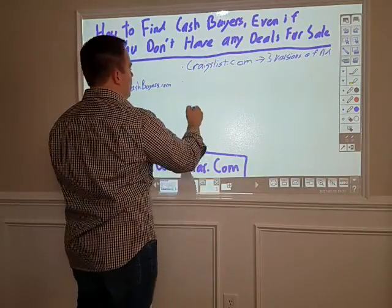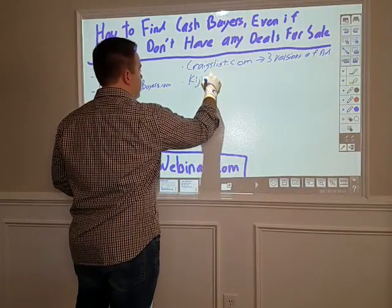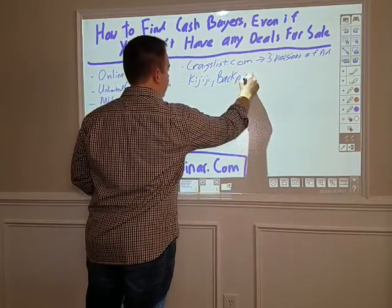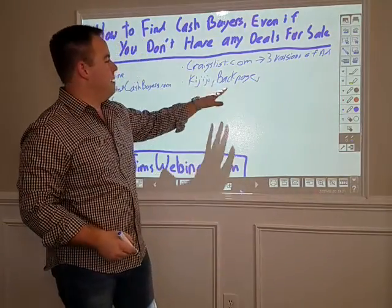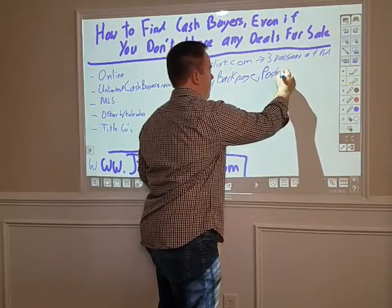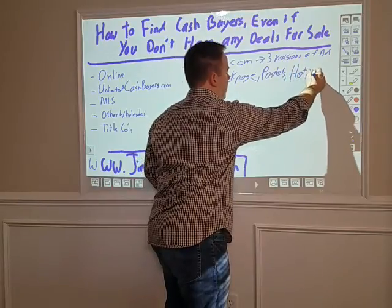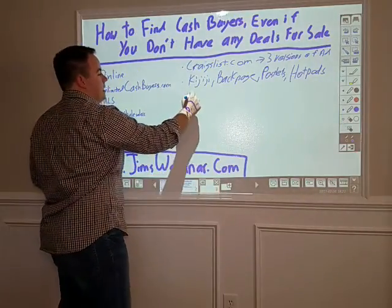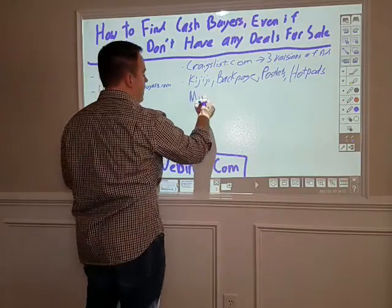So Craigslist is one, and there's other websites such as Kijiji, and then of course the infamous Backpage. You can also get other goods and commodities on there as well, from what I hear. Kijiji, Backpage, Postlets is good. If you're in the Philly area, or actually anywhere, Hotpads.com is great. Another one that's pretty cool, it's not free, but you can post your deals once you have a deal, is